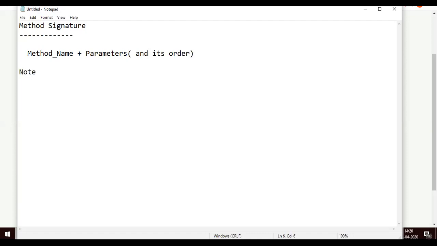So the important thing to note is that return type is not a part of the method signature.